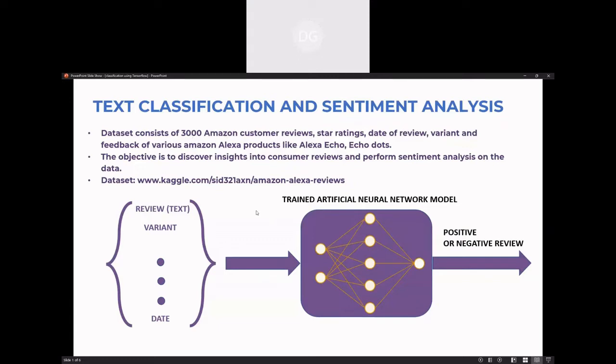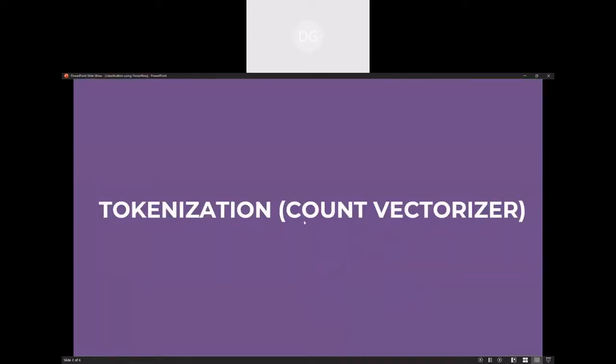Based on that, we are going to find whether the customer has given a positive review or not, and how, using the TensorFlow method, it is able to predict whether it is a positive review or a negative review. So for this, till now we are dealing with numerical type data only, like numbers, or else we convert basic columns like male or anything to number format by giving dummies, right? So here one more thing we will do, that is called tokenization or else count vectorizer.